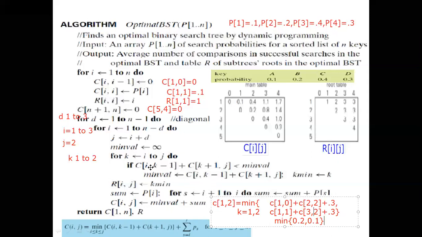First, you see here, this first value we will take. That means this value, it is 0.2. It is lesser than the minimum value. The minimum value is infinity. Yes. Then the minimum value will come as 0.2. And the for loop will execute one more time. First, for k equal to 1, the loop will execute. Next, k is equal to 2. At that time, the minimum value will be updated to 0.1.